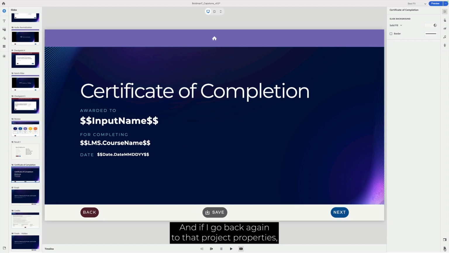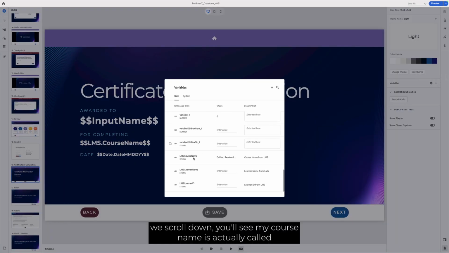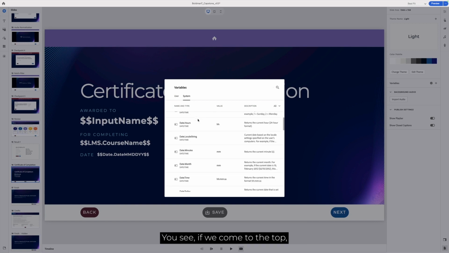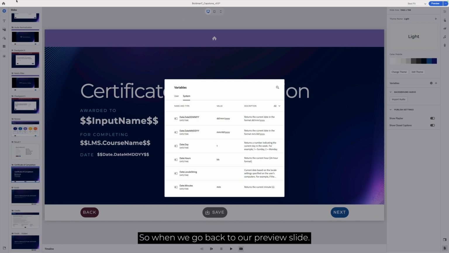And if I go back again to that project properties, we scroll down, you'll see my course name is actually called DaVinci Resolve 18. And then the date is actually using a system one. So if we slide over to system, you'll see if we come to the top, there's a few that will actually pull right from the user's computer. In this particular case, I'm using date.date ddmmyy. So when we go back to our preview slide,